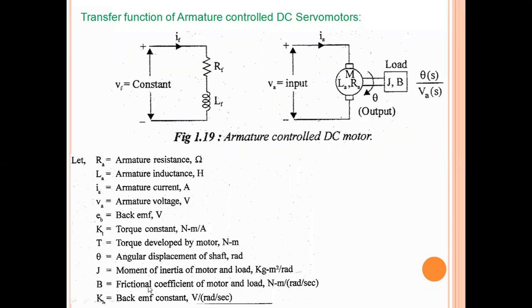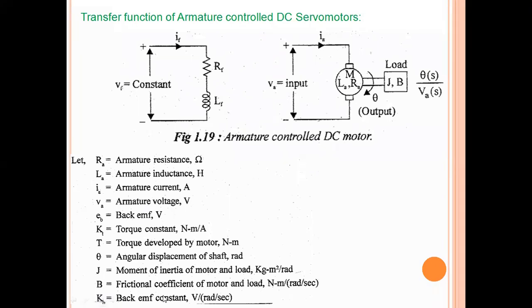Okay, and B is the frictional coefficient of the motor, because you might have seen the DC motor construction where the shaft is connected to a fixed point of the motor. In between the shaft and the fixed point, we have a bearing. Because of that bearing, the shaft will move freely. Of course, even though we have the bearings, we will have friction between the shaft and the fixed point, and that friction is represented with the letter B.